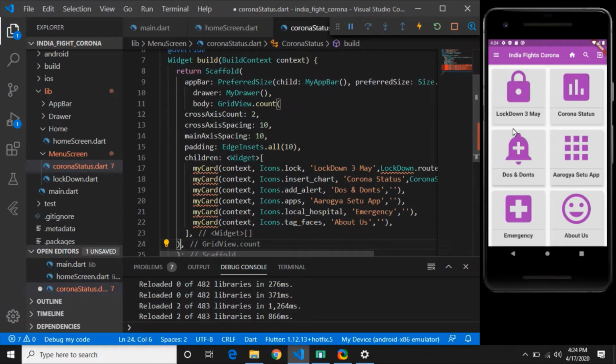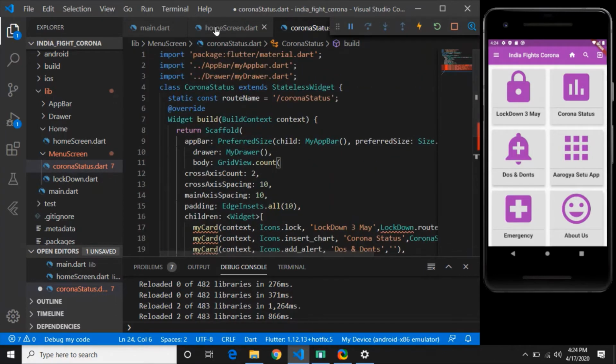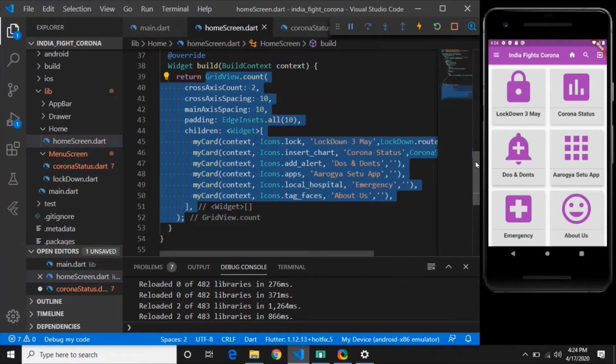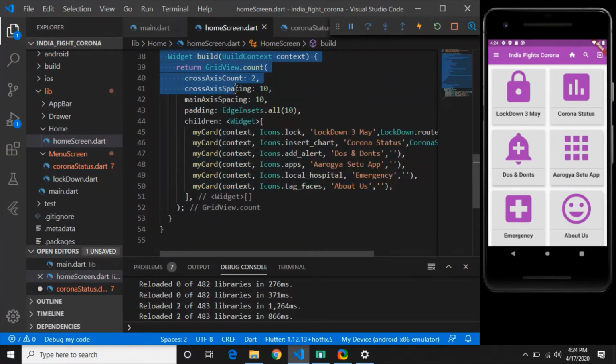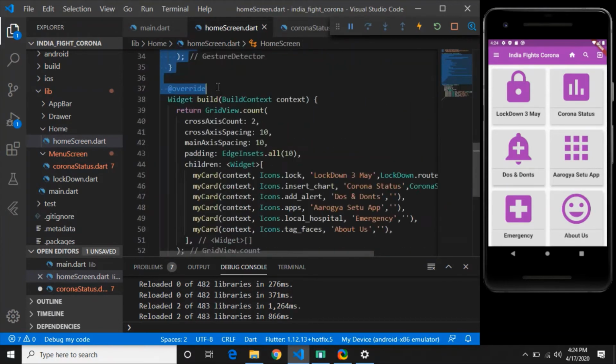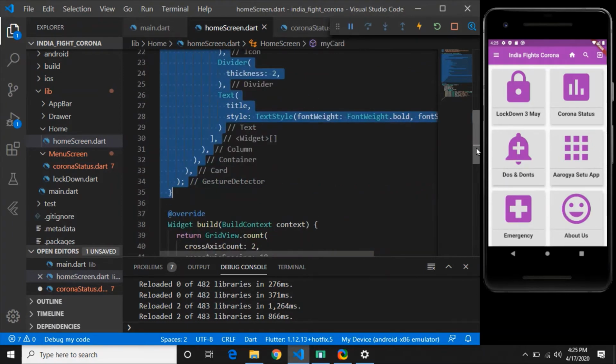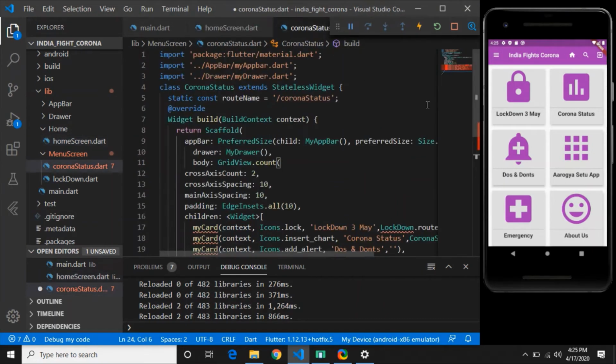So go to the home screen. You can just copy this widget, MyCard, the entire thing up to the last line. So copy, Control C, come to corona status, and after the CoronaStatus class you can give a space and paste. Once you paste,